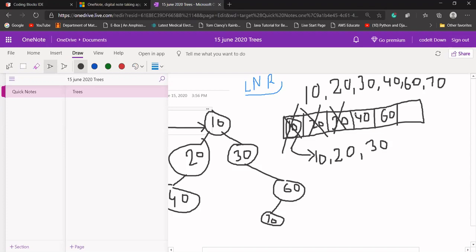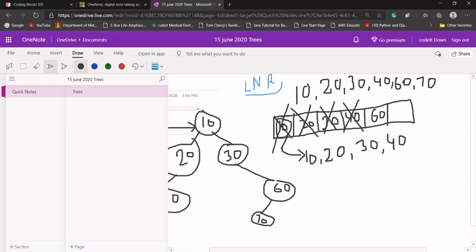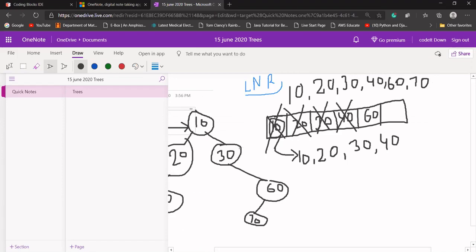Okay. Again, our queue is not empty. So I'm going to pop 40, and first print 40 here. Again, if its left or right exists, push that data into the queue. 40's left and right are null, so I'm not going to do anything. So again, it comes to 60. I'm going to pop 60 and print 60 first. And if its left or right exists, push that data into the queue.